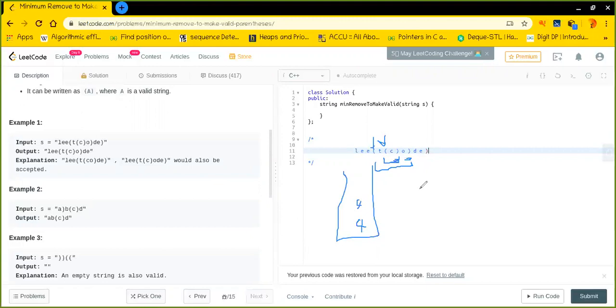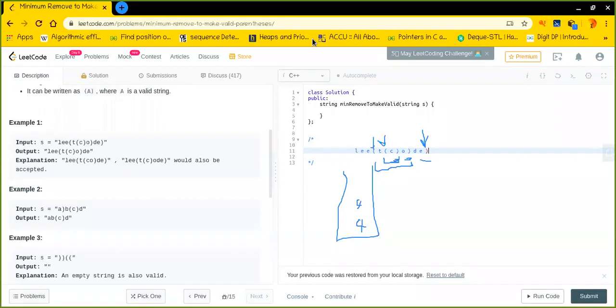So far I found two valid parentheses, and I move on and see that this is also a closing parenthesis. But wait: for this parenthesis we do not have any opening parenthesis left. That is why we say that this is the odd one. We need to ignore it, or remove it from the entire given string.